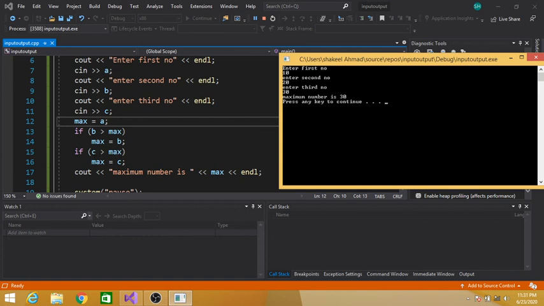Yes. So maximum is equal to C, meaning we have assigned that 30 to max. Now max contains a value of 30, and we are displaying that maximum number is max, and 30 is printed on the screen. See, 30 is the maximum of these numbers. So our logic is correct. In this way we can display the maximum of 3 numbers.